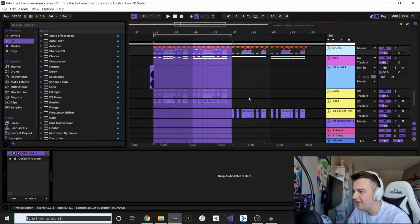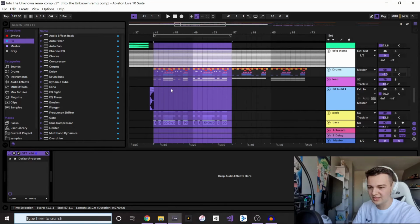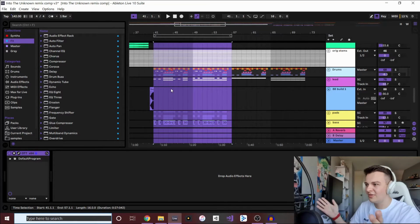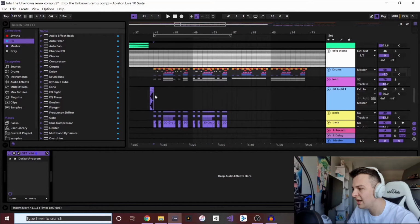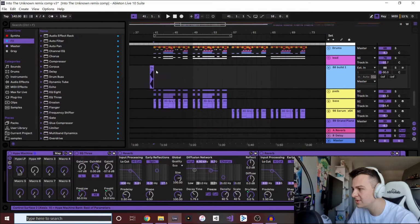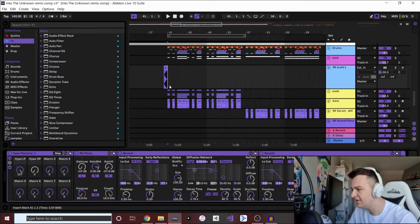Because obviously if I just played the main chord progression that piano is playing just with one synth for 4 bars over this whole 16 bar drop, it would just be so boring. As you can tell here, I have the first 2 chords chopped up. So what it'll do is it'll actually play this first chord,